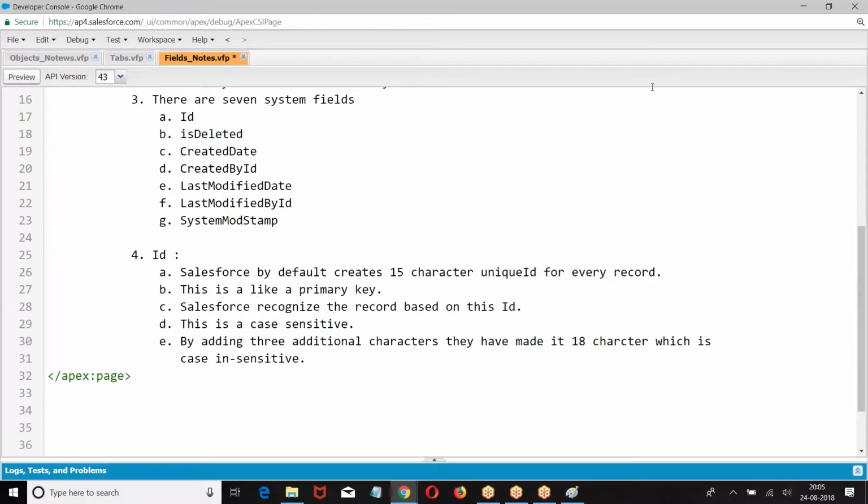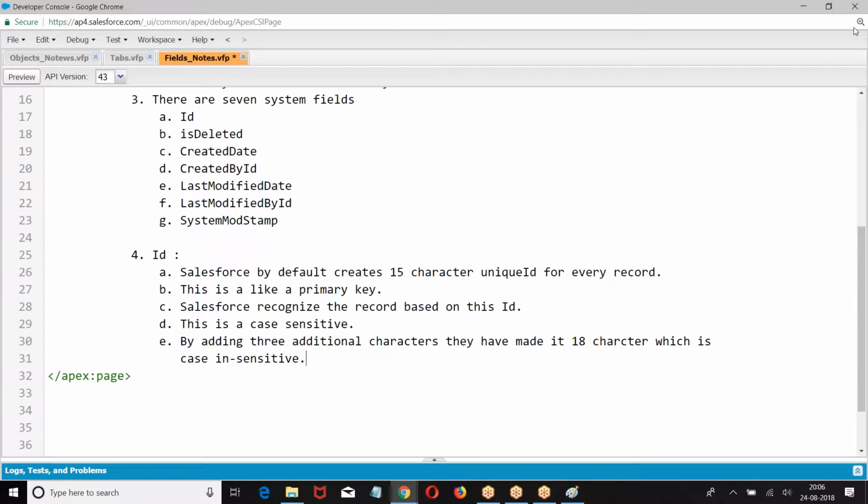Generally, we are going to use the 18 character ID, which is case insensitive. By default, Salesforce will create a 15 character unique ID, based on which Salesforce will recognize this record in the entire Salesforce organization.